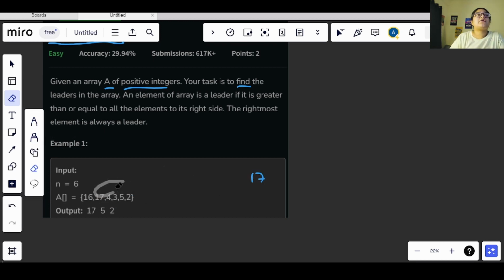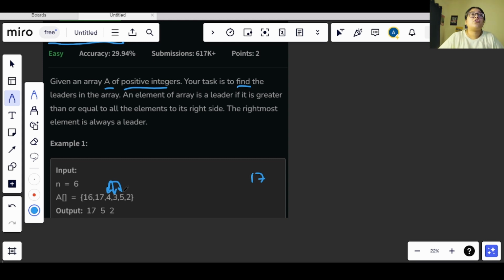Now we will move forward and check if we have a smaller value than 4 or not. 3 is lesser, fine. 5 is greater than 4, so this cannot be a leader in the array. In the same way we will move our pointer to 3 and check if 5 is lesser or not.